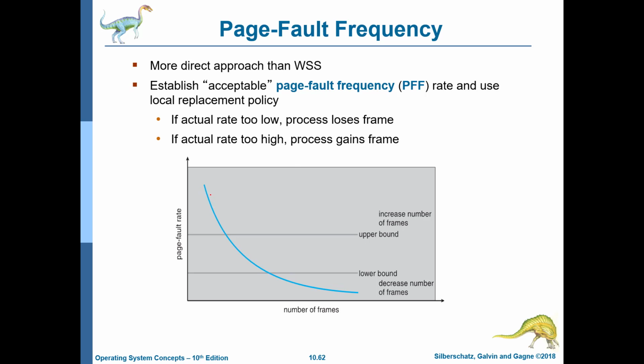For example, in this case, we see that the curve drops. There's a knee of the curve over here. So we can basically say that the working set lies somewhere in this range, because prior to this the page fault rate is high and after that it is much lower. So this is another, better graphical estimate of the real working set size.